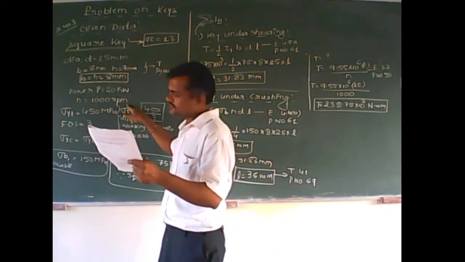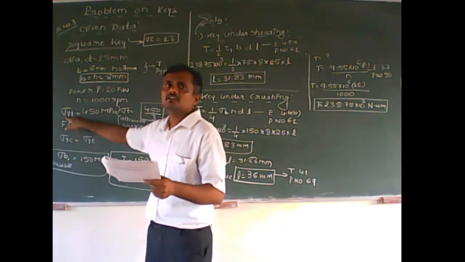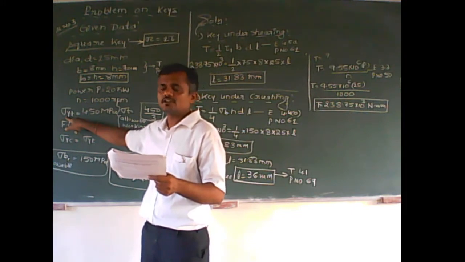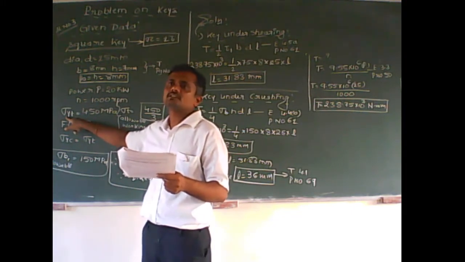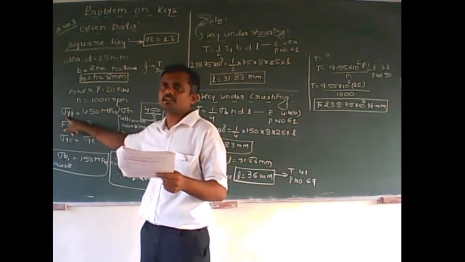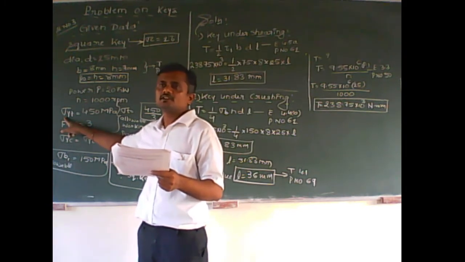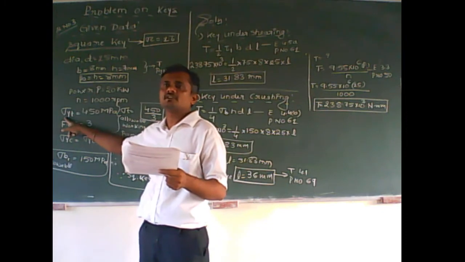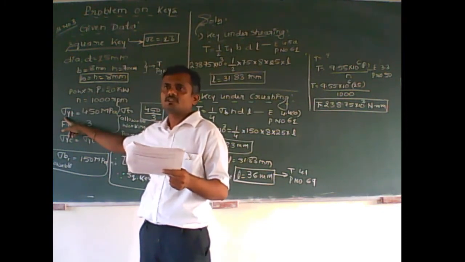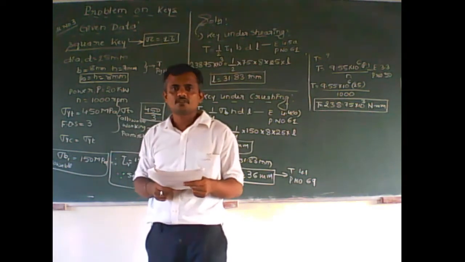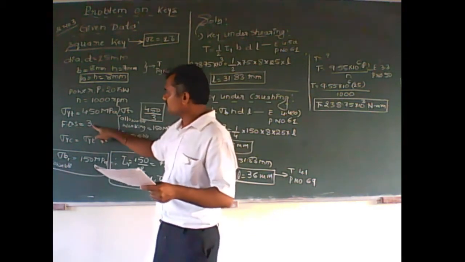And he says the yield strength of a key, yield or crushing stress. When yield or ultimate strength are given, then we have to concentrate on factor of safety. It is not the stress which is used for determining the dimensions or parameters or design of our keys. We have to concentrate on allowable or permissible stresses. And then the factor of safety is 3.